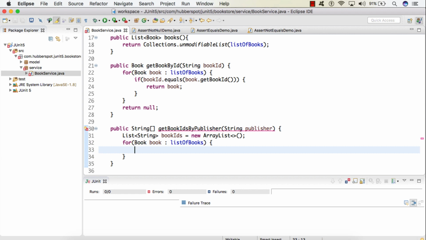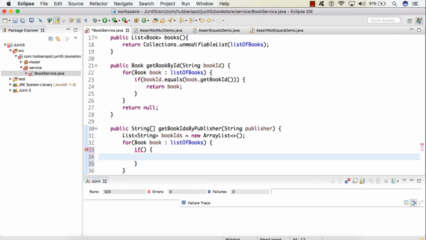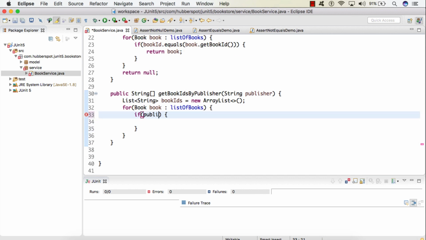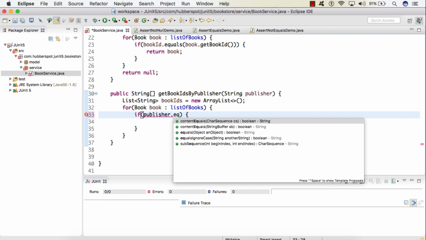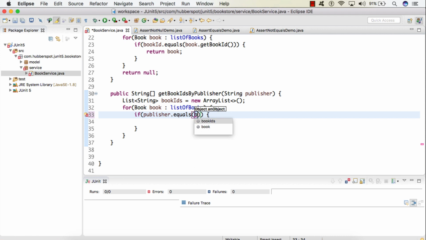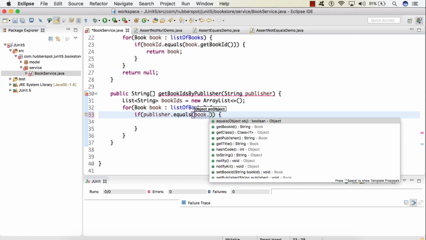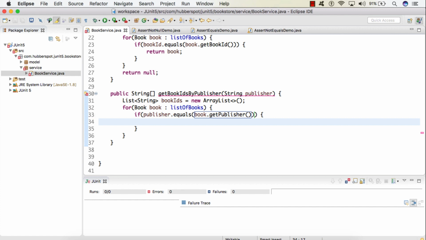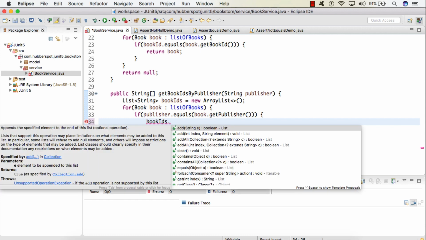Then we'll provide an if condition: if publisher.equals(book.getPublisher()), then we'll simply add the book ID to the list.